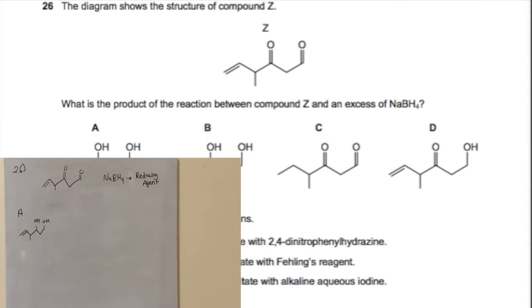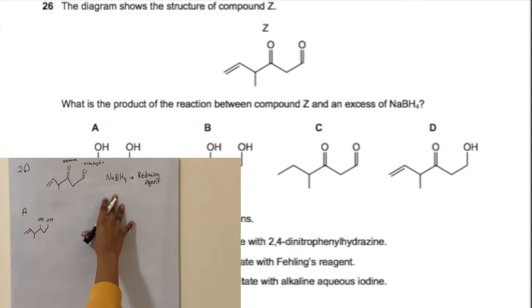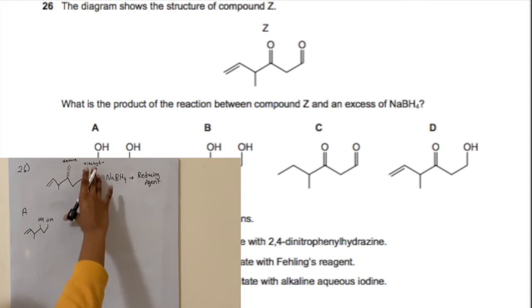All right, so we have this compound, compound Z. And I'm just going to name the following functional groups. So we know that this is an alkene here. Here we have an aldehyde. And this one's a ketone. Aldehydes are always found at the end of the structure, and ketones are in the middle, or basically just not the ends. So it reacts with sodium tetrahydroborate, and basically that's a reducing agent, so it's going to reduce the